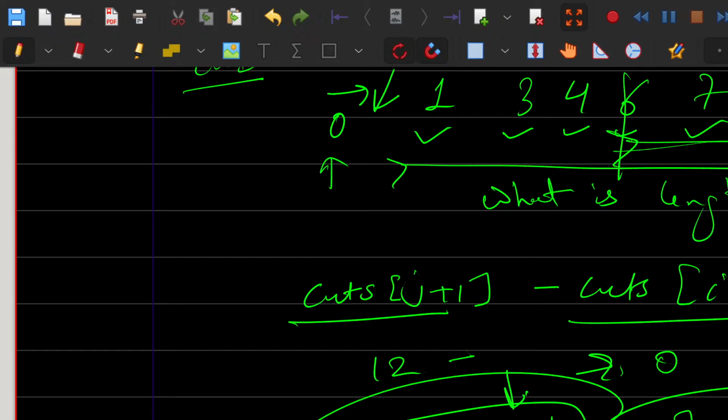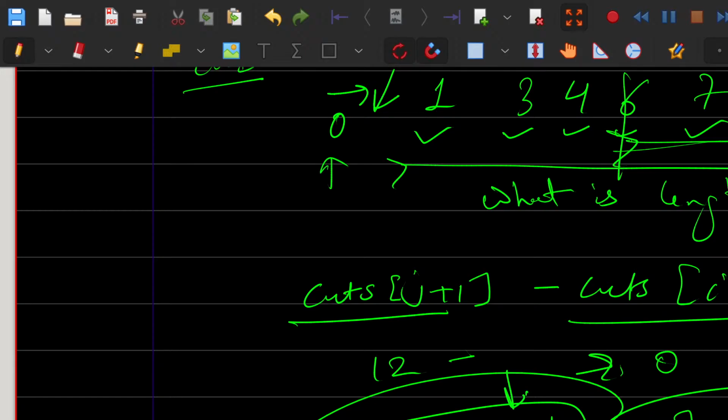cuts, comma, what is the i then? If I am doing, let's say, if I am doing cut at 3, right, i was where? I was 1, j was at 5, right, so I am going to 3, okay, so I will be what? I think left side will be the same, right, i, or j will be what? j will be k minus 1, I think, yeah. Alright, plus f of cuts comma k plus 1 comma j here,